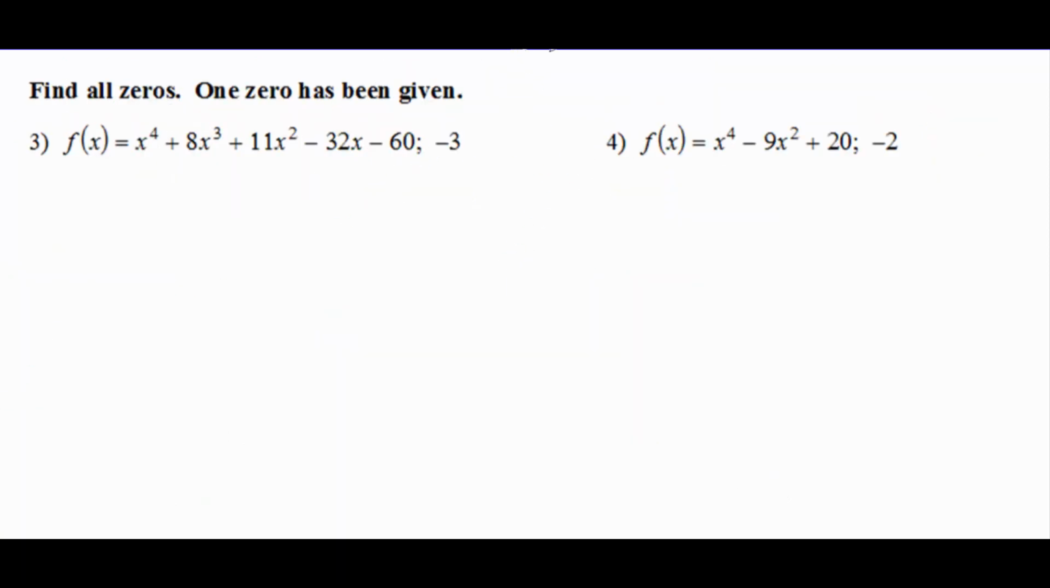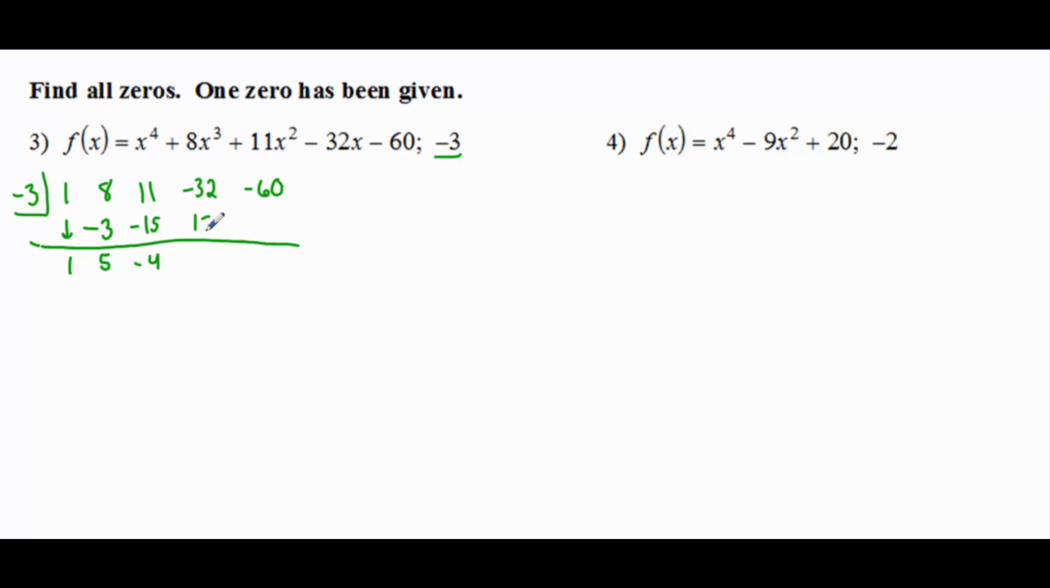All right, so this is also from our previous chapter, and we want to find all of our zeros. One zero has been given. So we start this off by doing synthetic division with the number that they gave us, so negative 3, and the coefficients 1, 8, 11, negative 32, negative 60. I am going to drop the first number and then multiply, add,